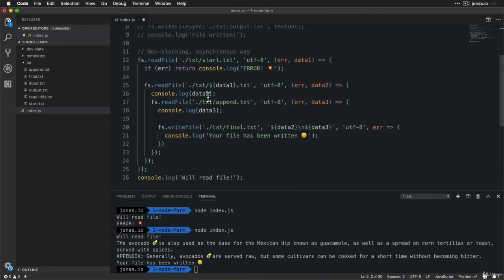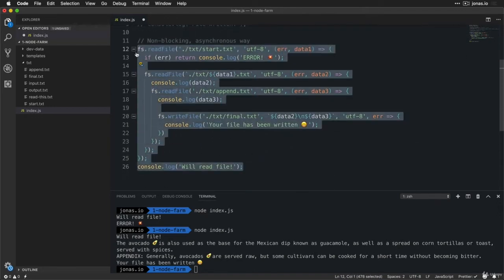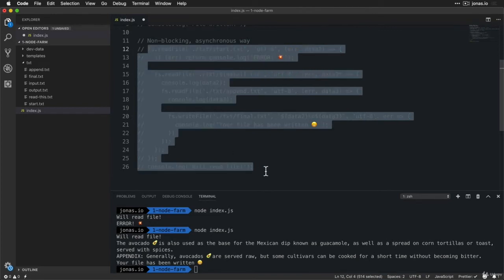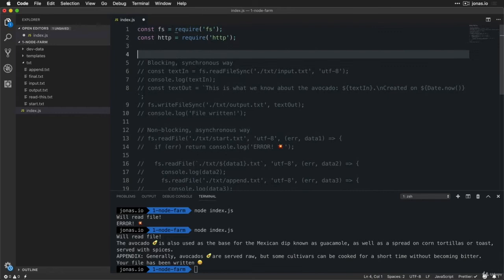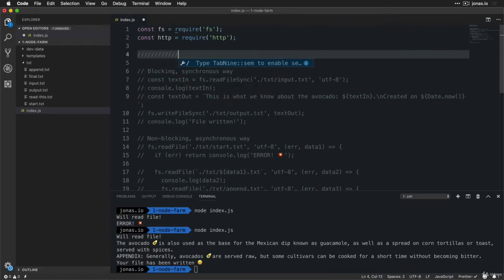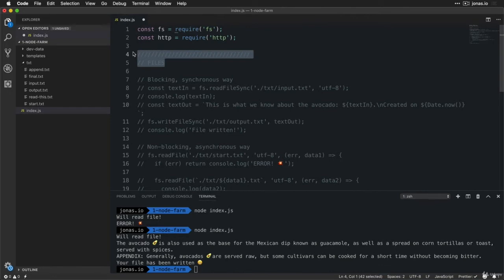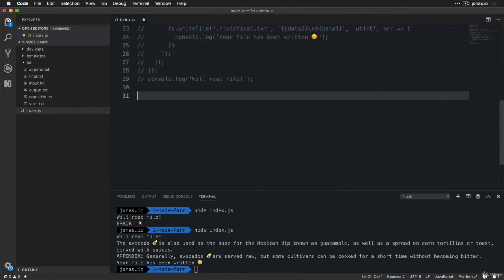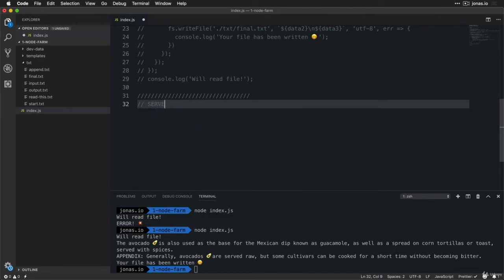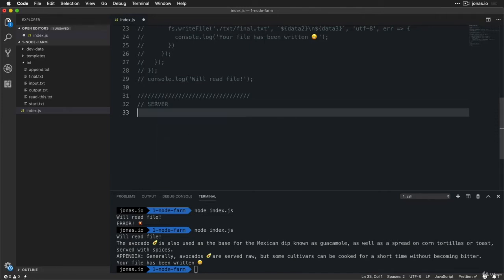Now let's comment out this code here so that it doesn't get in our way. Let's create a divider here. This one is for files, and this one is for server. And now, in order to build our server, we have to do two things. First, we create the server, and second, we start the server so that we can listen to incoming